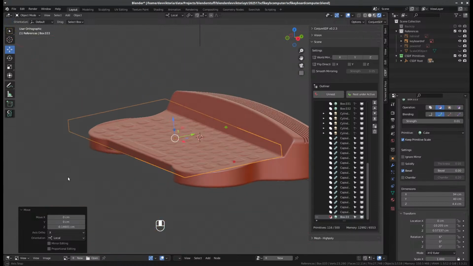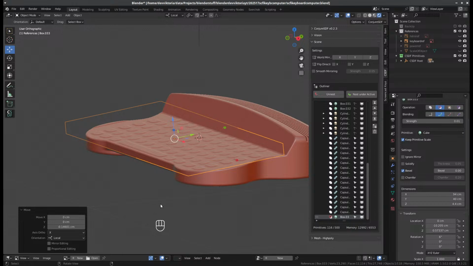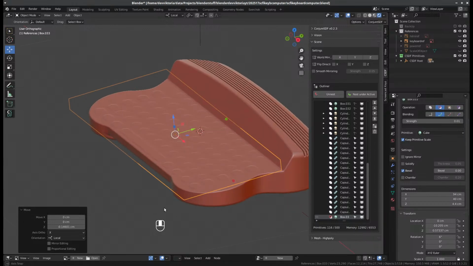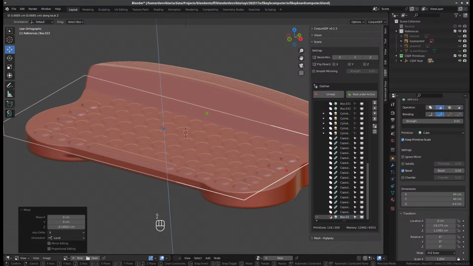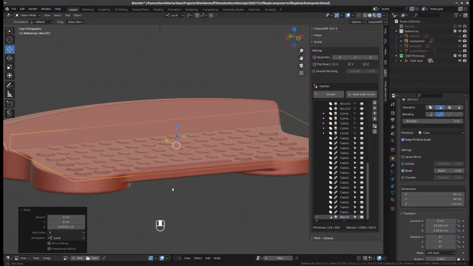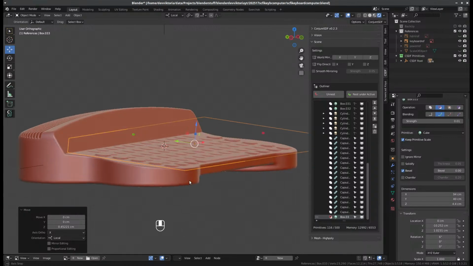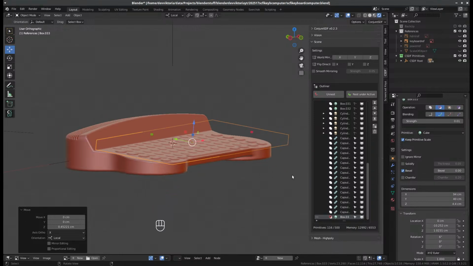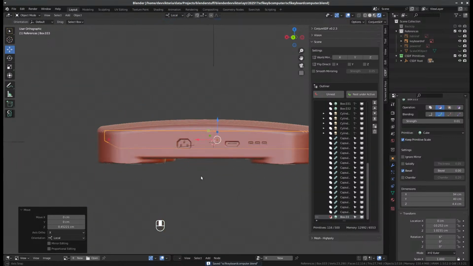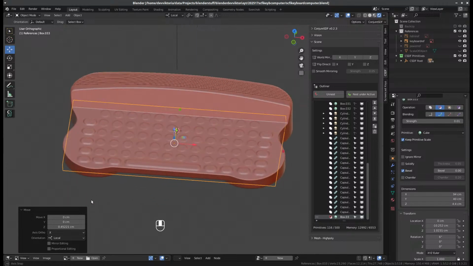Does it cut? Yes, it cuts into this thing, which is weird. GZ. It's not supposed to. But anyway, I think this is the kind of keyboard computer that I wanted to create